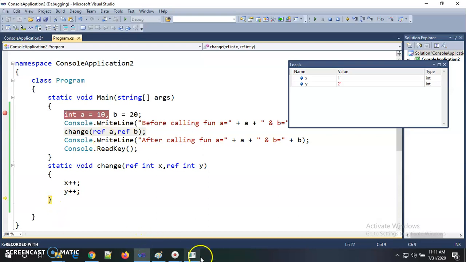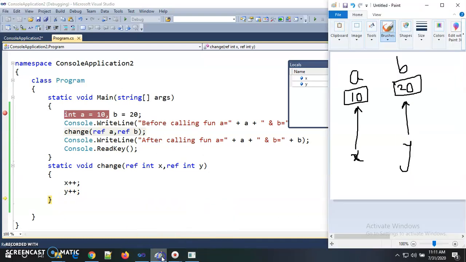So here if I change the x value, the same memory will be changed. 11 will now be inside a's memory, and the effect will be seen. Then if I change the value of y, this memory will be changed, and inside this memory 21 is now there.